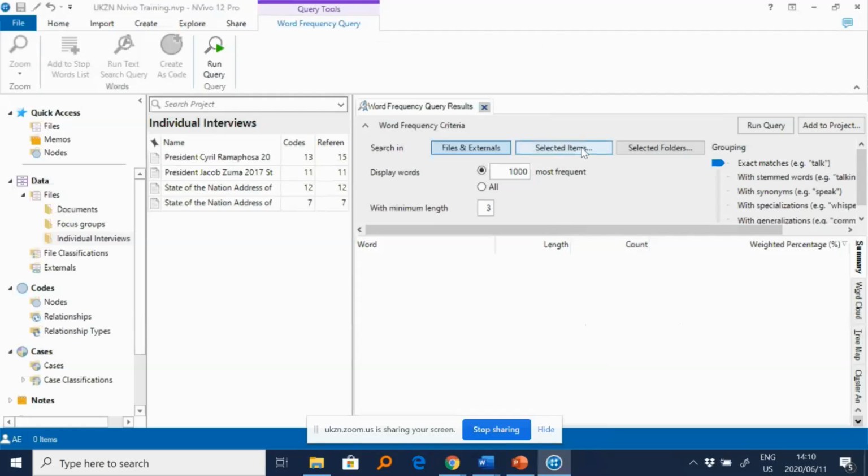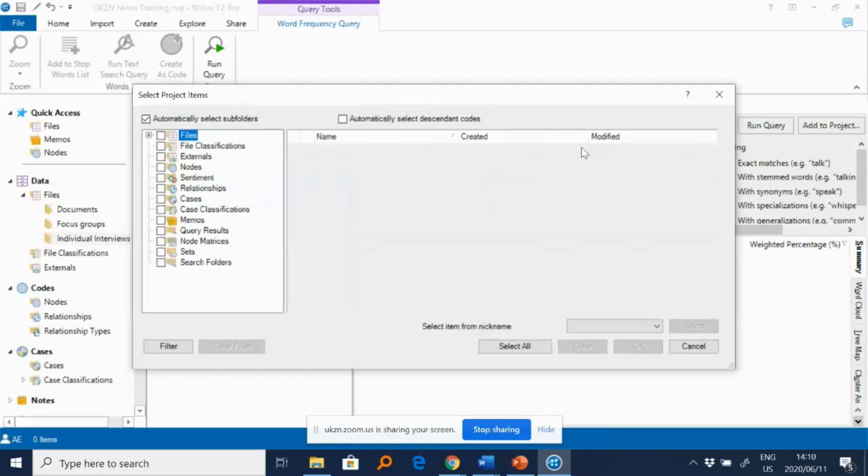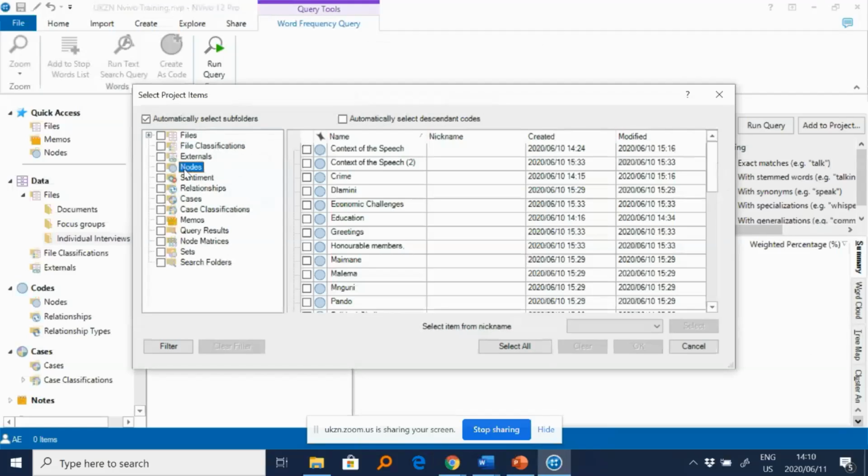So here, you can use this to select an item. If you want to search in a particular node, for example, you can come here and select the node and tell NVIVO, I want you to tell me the most frequently occurring words in this particular node.